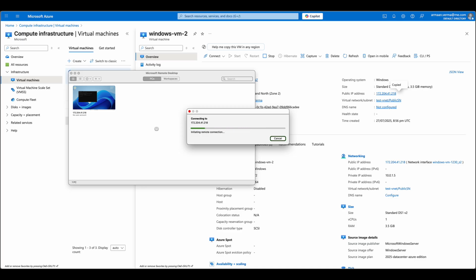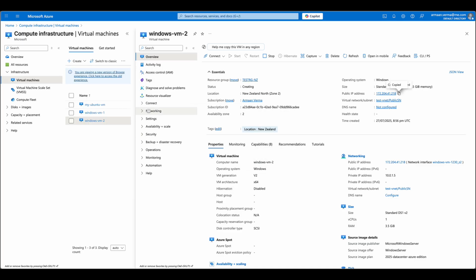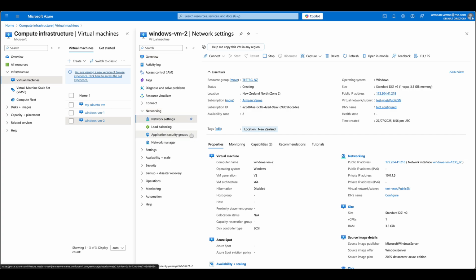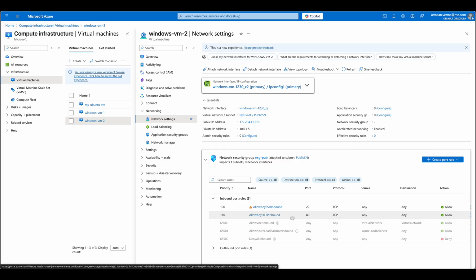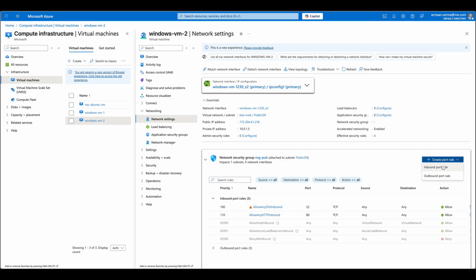I think there's a network issue. Okay, so let's go here and check in networking, network settings, click here, and port number 3389 is not assigned. So I'm going to create a port rule, inbound,